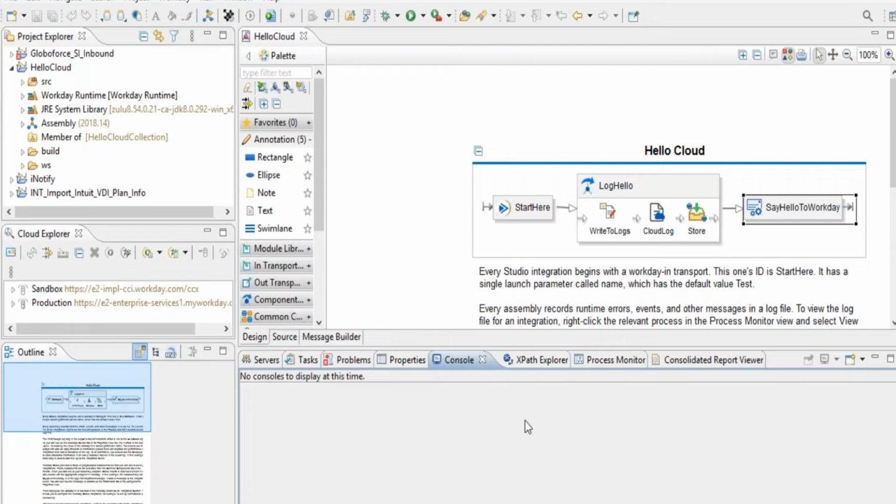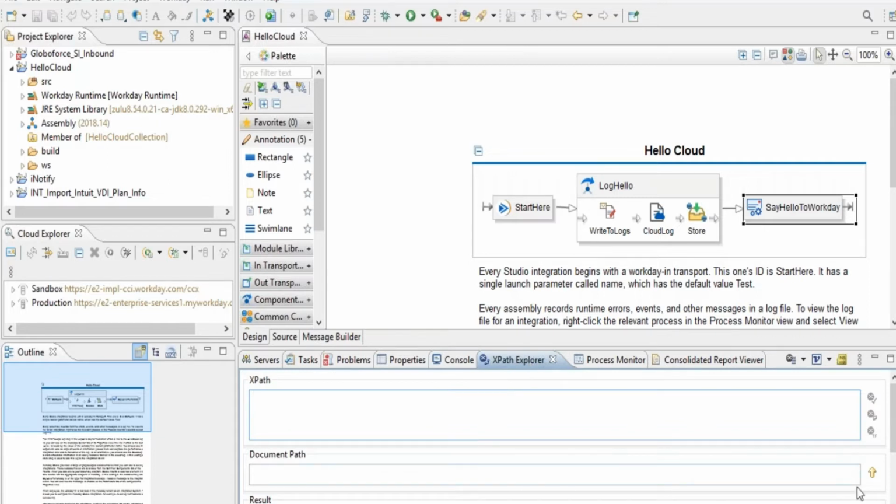And this is a console area. We'll see. Okay, when we are running this one, if you run that and launch the integration, this will pop up basically. Okay. And XPath Explorer, like I called out initially,